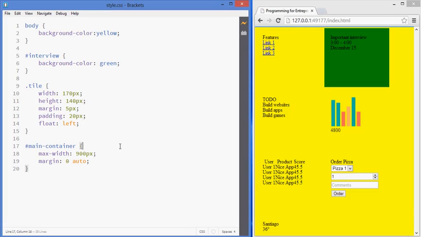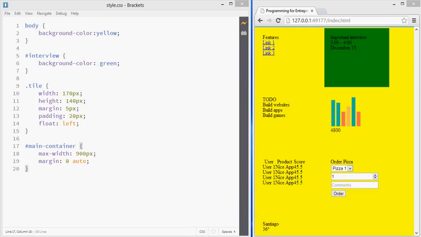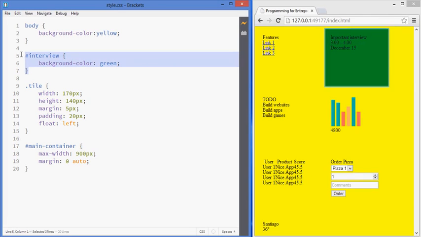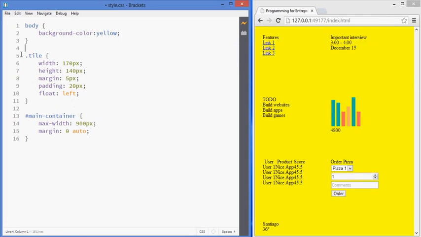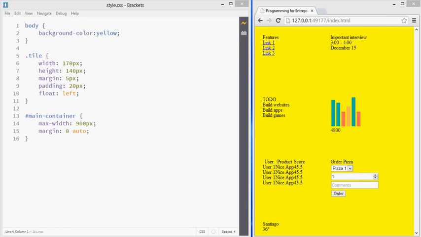In this lesson, we'll be looking at how to add a background image for a container, and we're also going to add some of the classes that we need to have if we want to get this web app built. So I'm going to get rid of the interview thing, and I'm going to be adding some other styles in here